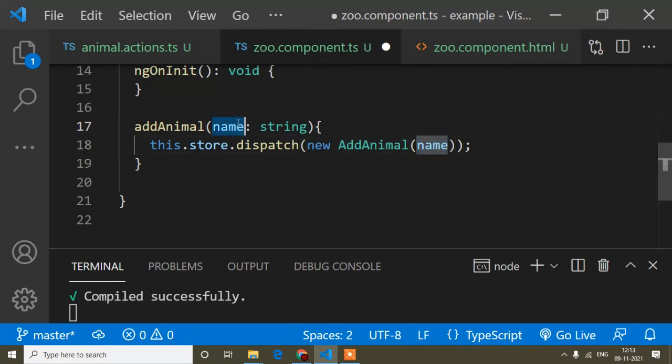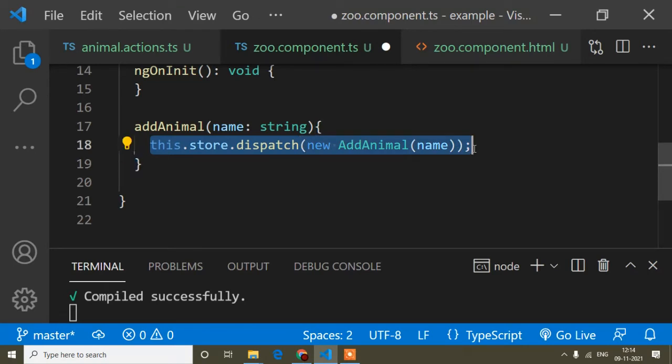This name, that thing I had previously shown you in the console. Now I call this one this way. So why do I call this store.dispatch.new like this? Now here is the main thing, why I have written it this way. Guys, you have to understand what state management is. State management is the middleware, if I simply say. It's a common thing for whatever we create from any other component. Now from this zoo component I'm just adding an animal.